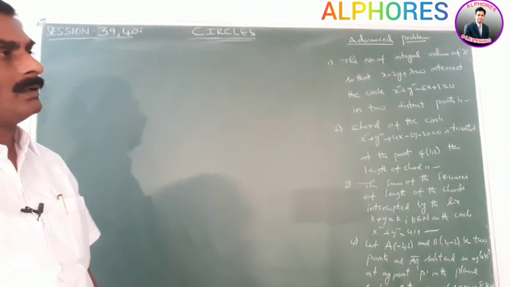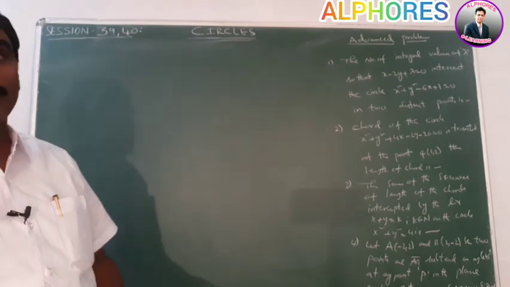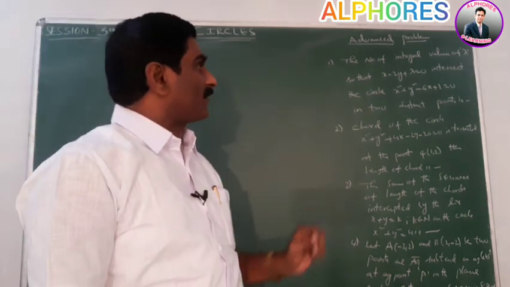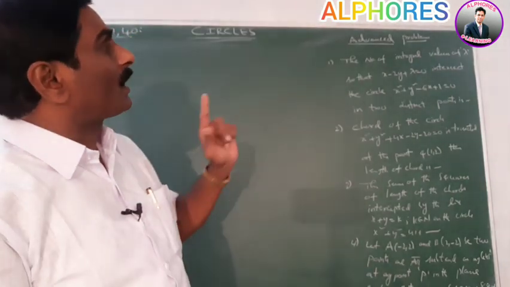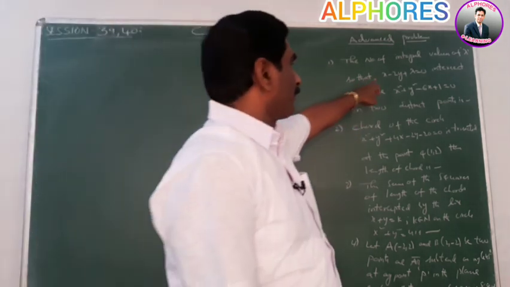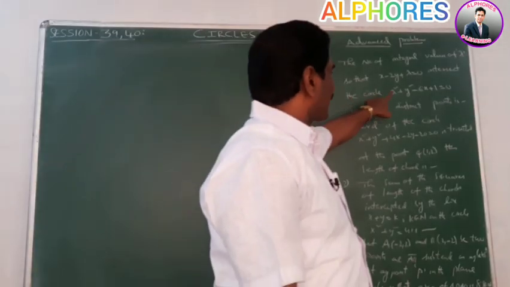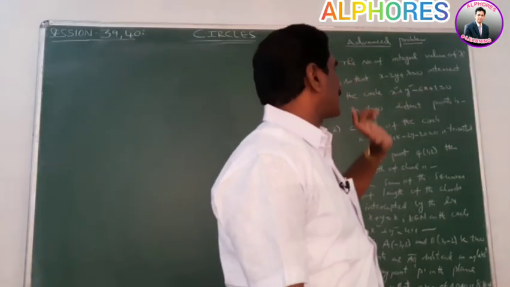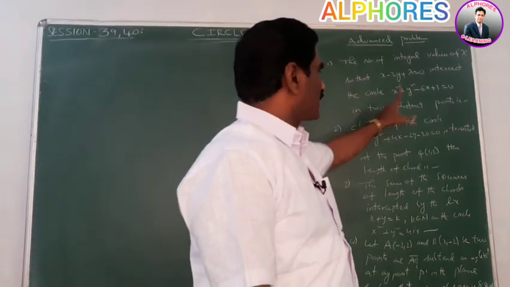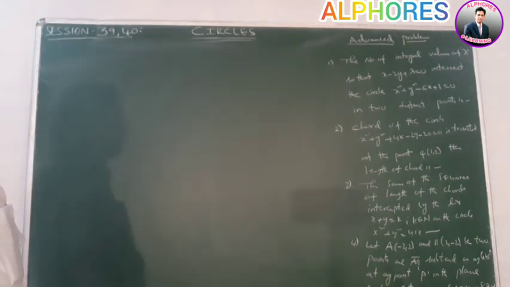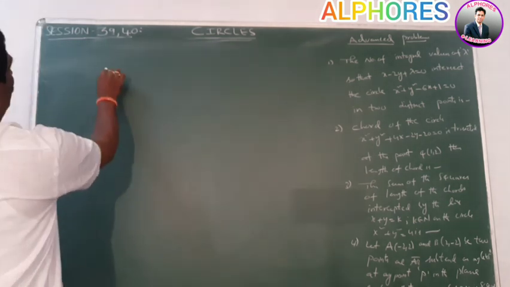Next, start some additional problems, advanced level problems. Please note first problem. The number of integral values of lambda, so that x minus 2y plus lambda is equal to 0 intersects the circle x square plus y square minus 6x plus 1 is equal to 0 in 2 distinct points. The number of integral values of lambda, so that the line x minus 2y plus lambda is equal to 0 intersects the circle x square plus y square minus 6x plus 1 is equal to 0